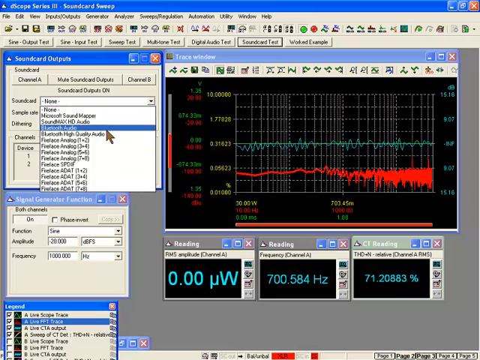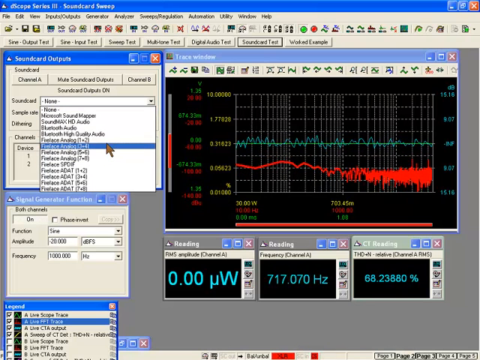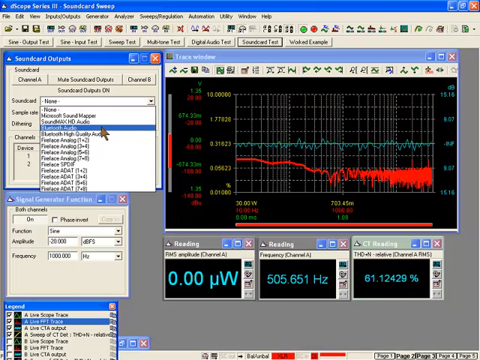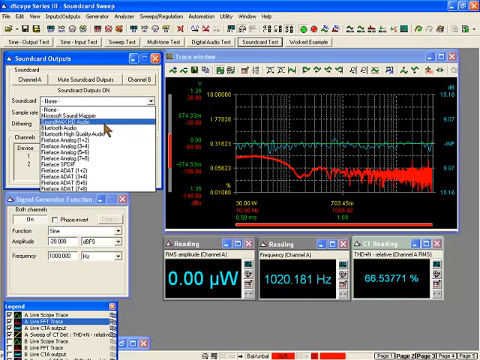I've got an external Firewire box connected, I've got an onboard Bluetooth chipset on this particular laptop, and I have my onboard sound card with microphone input and headphone output. So this here is my headphone output. If I select this as an output from the Dscope software,